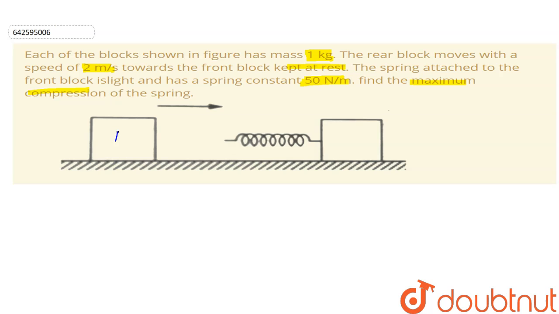So let the first block be block A and the second block be block B. The first block is moving with a speed of 2 meter per second initially. When the block moving with 2 meter per second contacts the spring, the spring applies force on both the A block and the B block, and the A block's velocity gradually reduces and the B block's velocity increases while the spring is